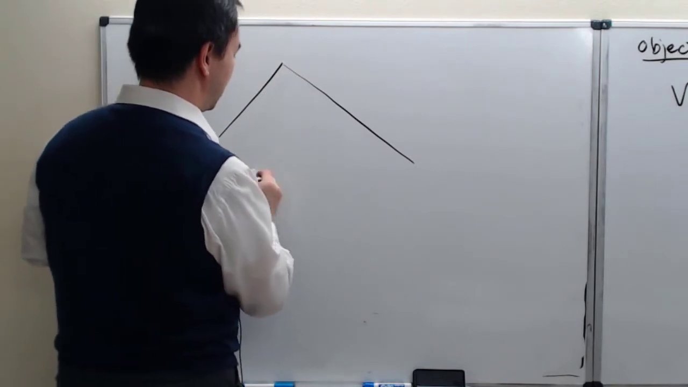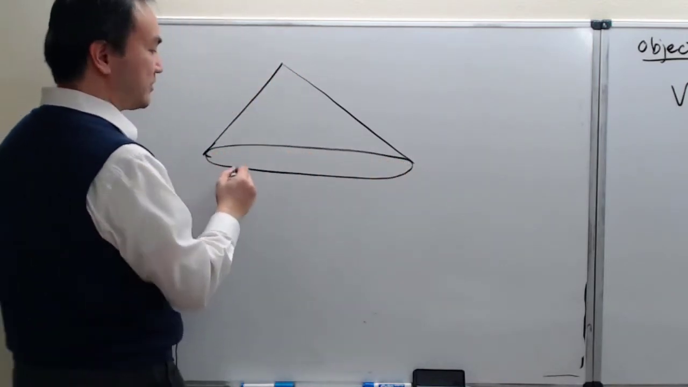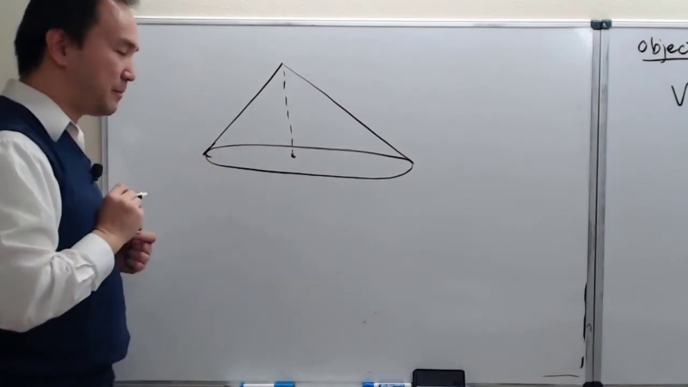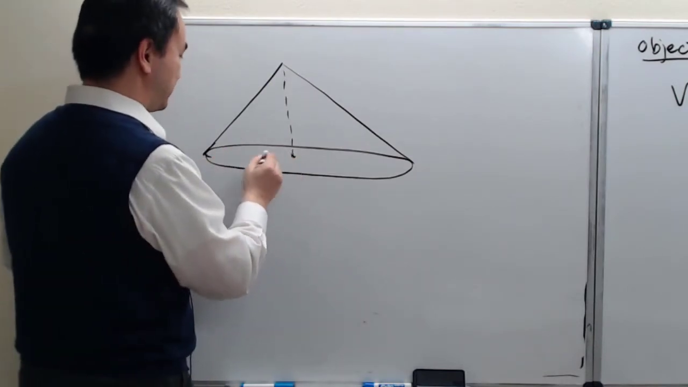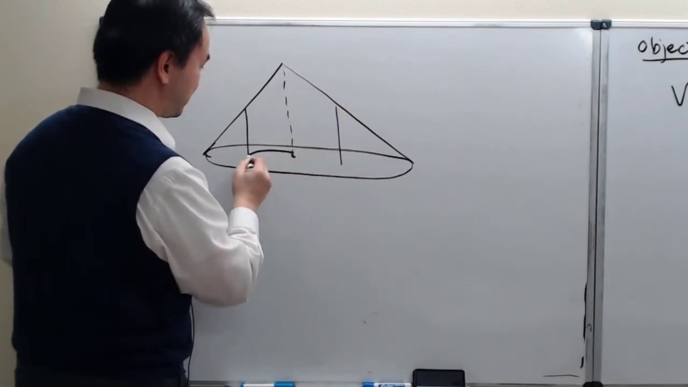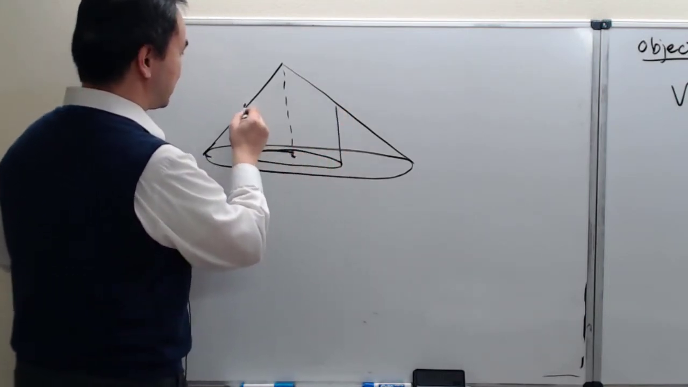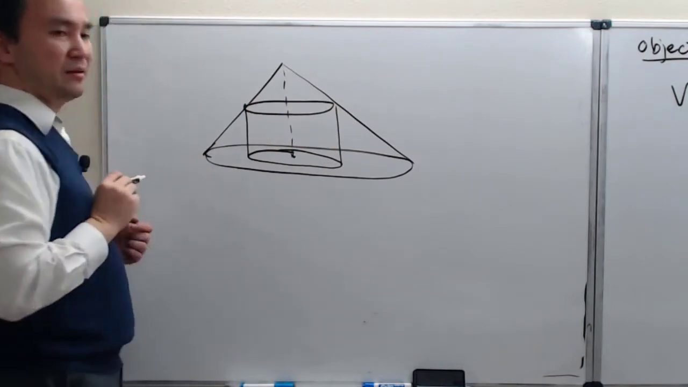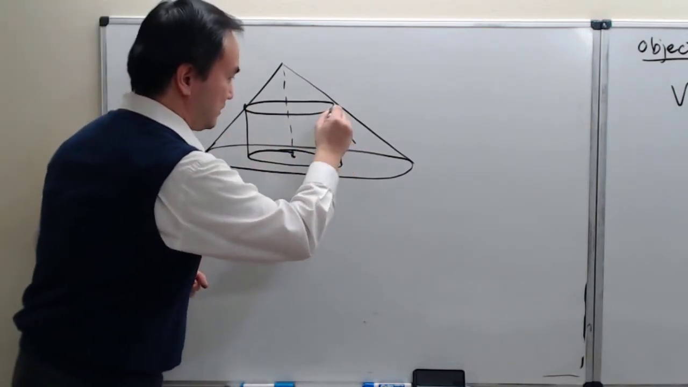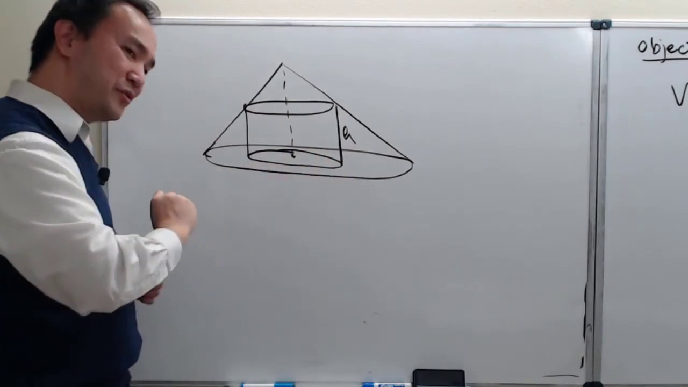Okay, circular base, and so the height is here, right in the center of the circle at the base. And so now our cylinder can be like this. That's the sketch that I'm trying to do. So there's our cylinder. So this is the height. This h right here is the height of our cone, and